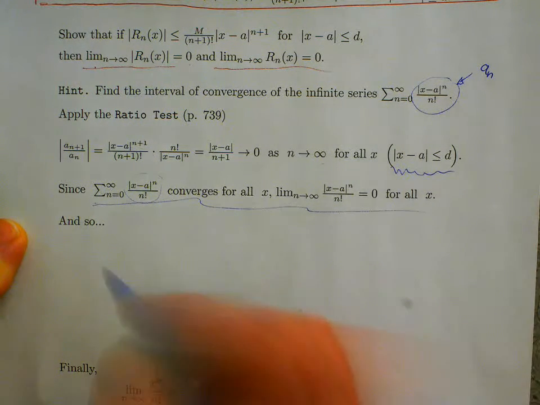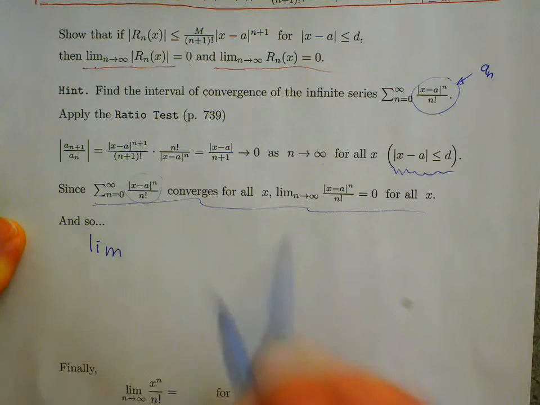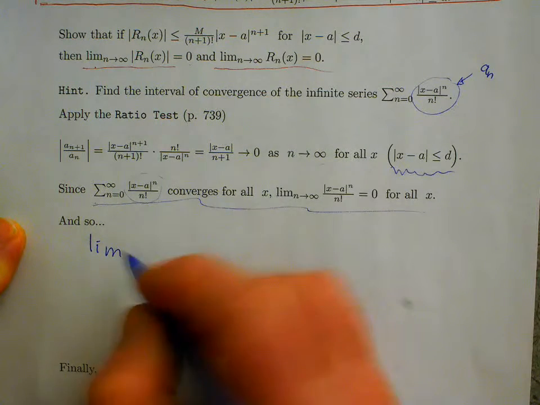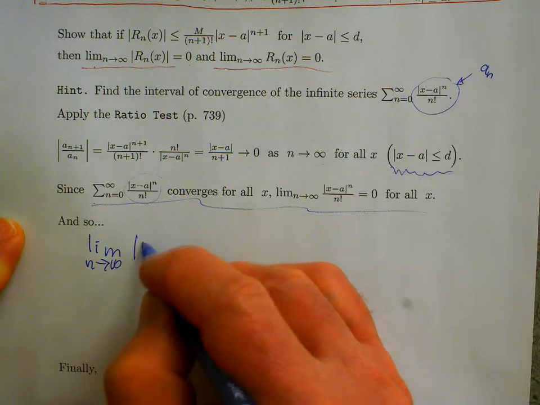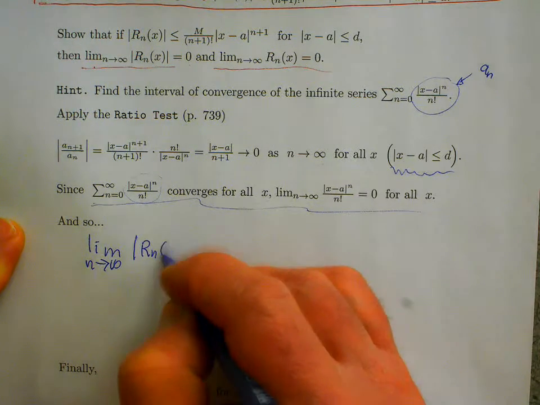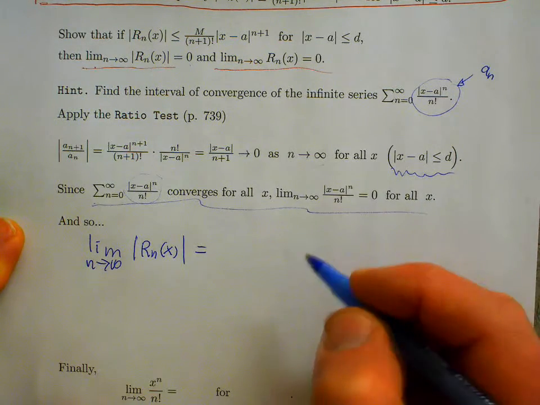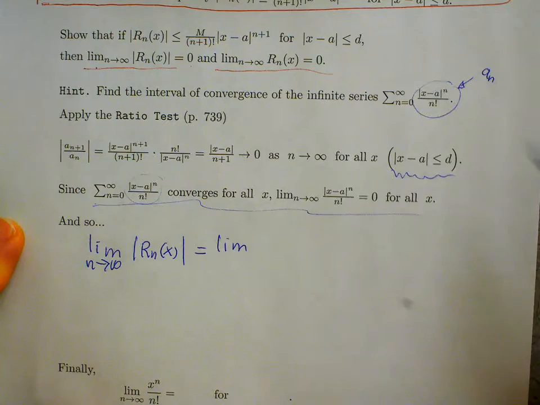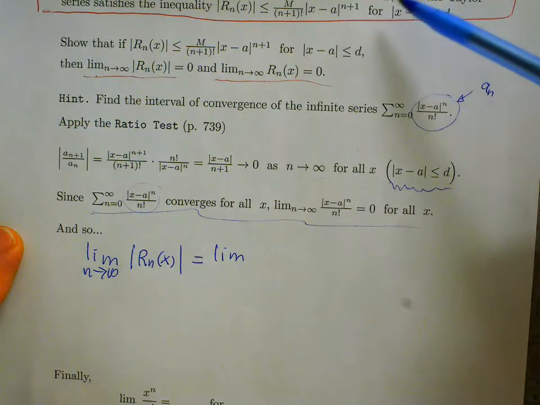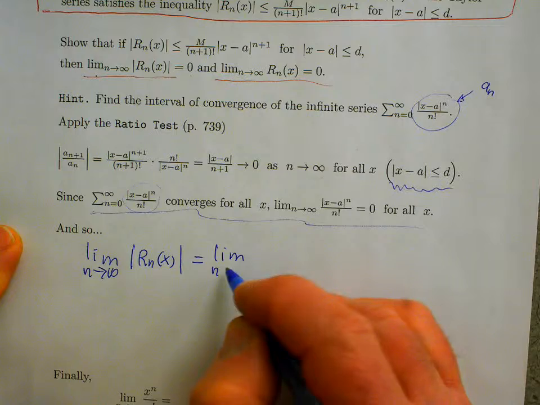Okay, so if we consider the limit as n approaches infinity of the absolute value of r sub n of x, from up here in the Taylor's inequality,